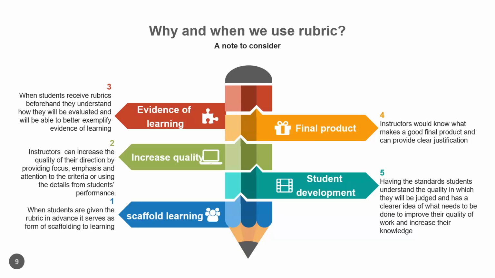So don't be like some people, they say, oh, the rubric is a secret, you cannot tell them how you're going to assess. That's not what outcomes-based education is all about, and definitely not what a rubric is designed for. The only thing that is a secret is your answer key when you're doing your final exam. Yes, that one you do not give in advance. You keep it until the day you get the script. But when it comes to rubric, you have to give it to them, in order for them to know what the standard is.